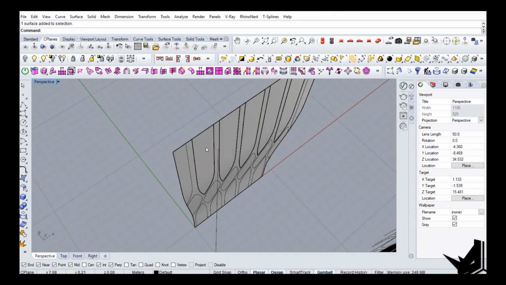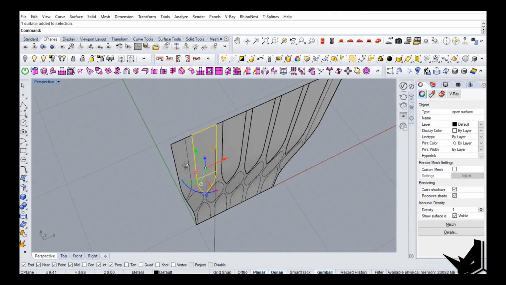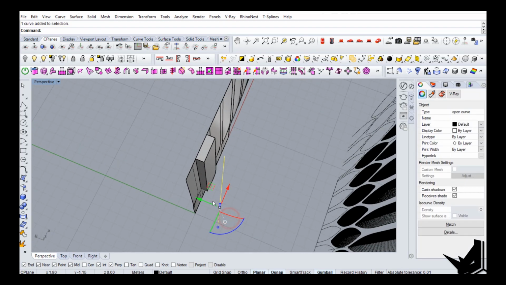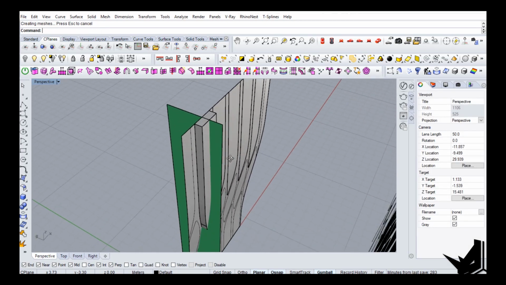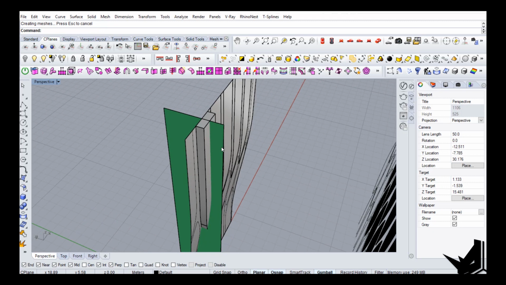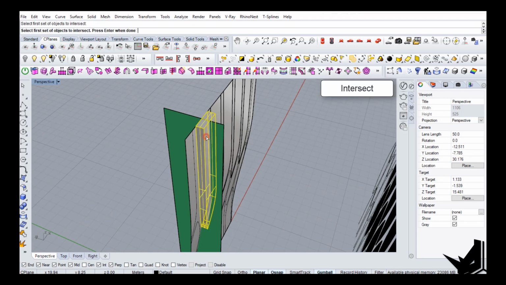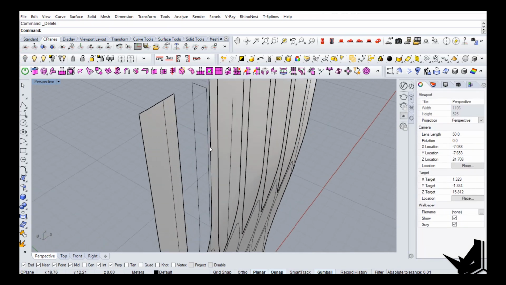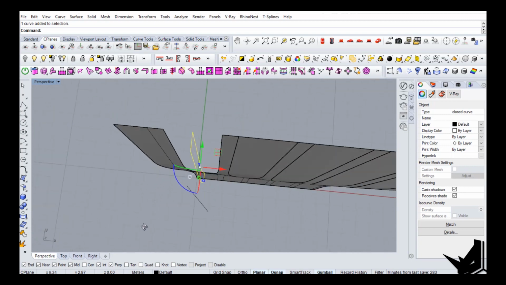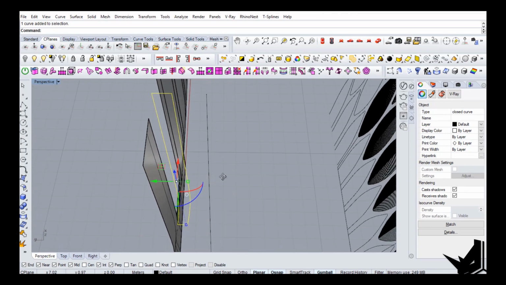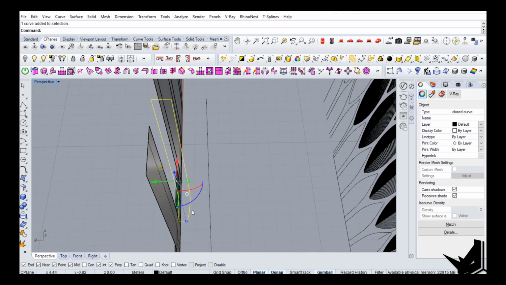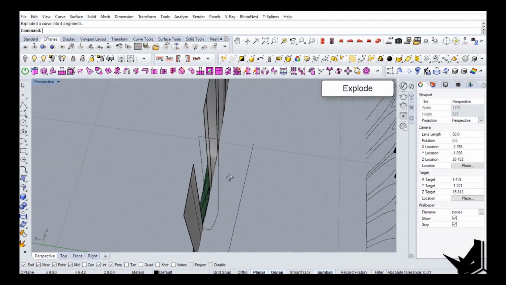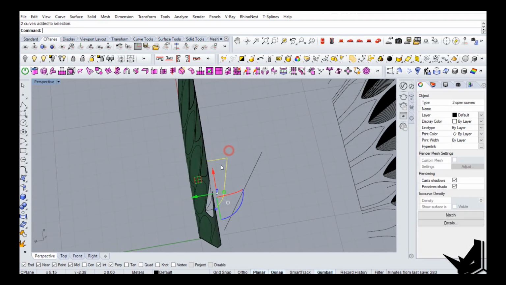Okay, so the easiest way to actually create this is by extruding this edge here, like so, and then let's intersect, and then we're gonna say intersect two sets, this one and this one, and once we have this curve, we can actually use it to get the actual thickness. So once we have this curve, we're going to explode it, and then we're just going to use this element here,